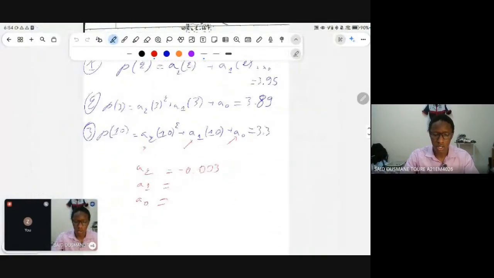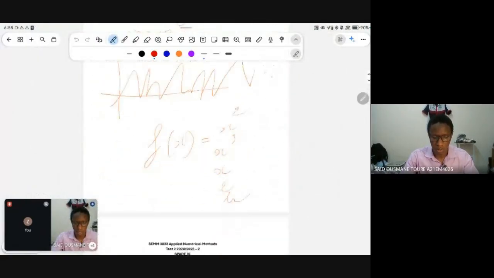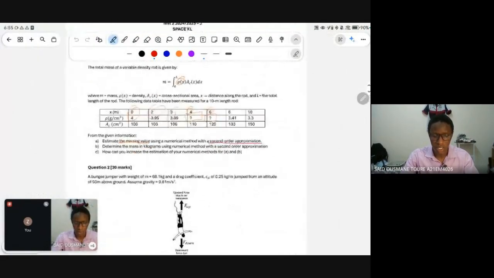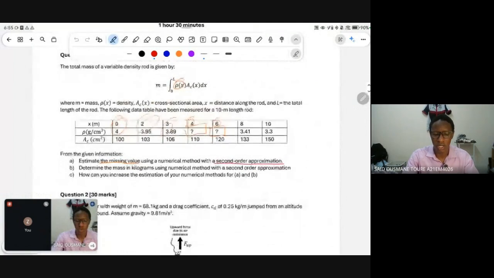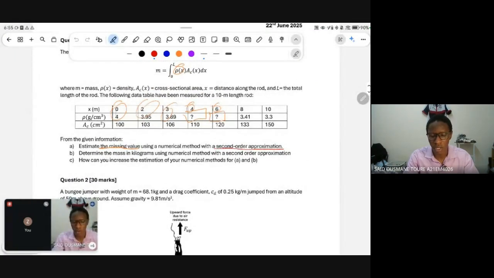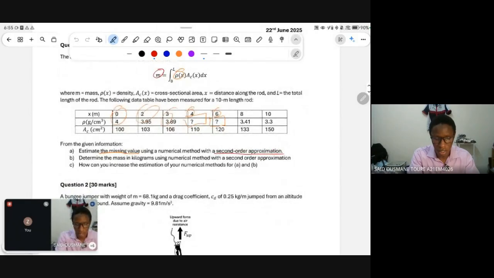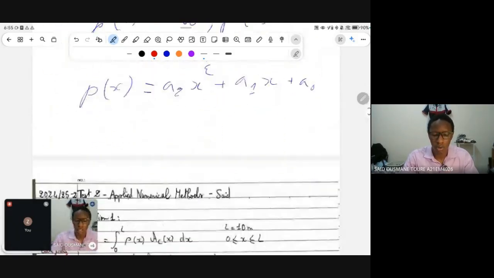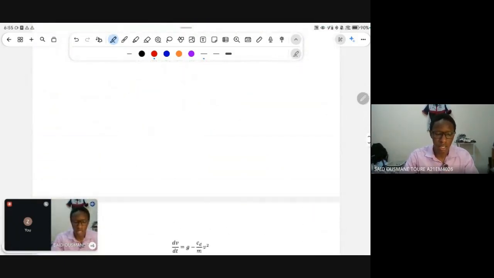Bismillah. Question B. What does question B mention? Question B says, now that you know what the different values are here, determine the mass M here in kilogram using numerical method in a second order approximation. Okay, so for that you need to understand that when